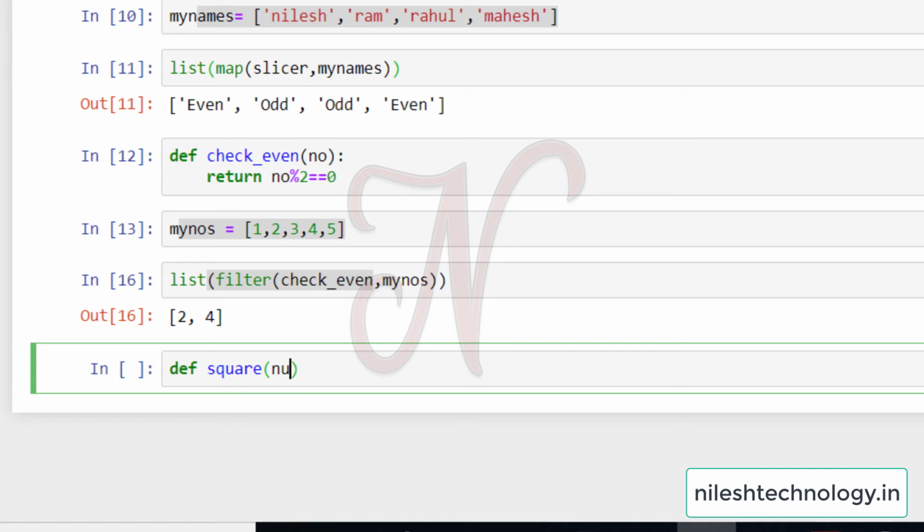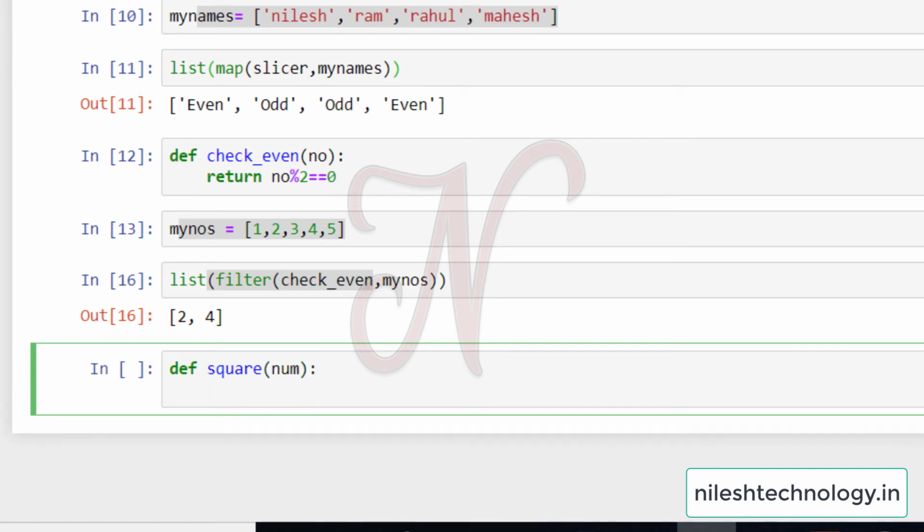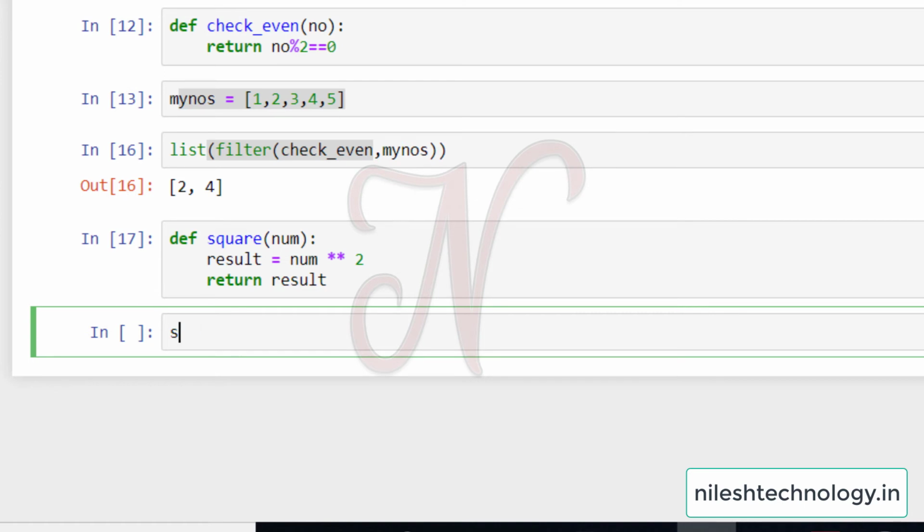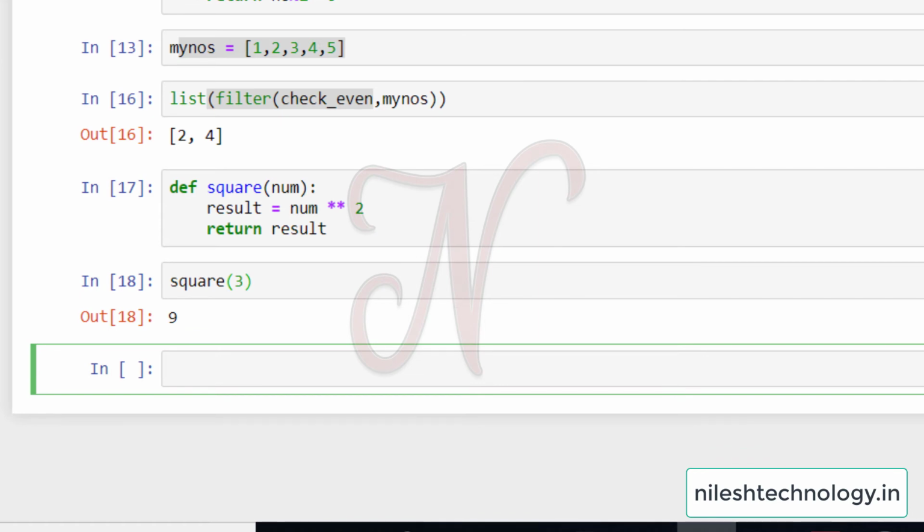Then my parameter is num, then result is equal to num double star 2. The use of double star is exponentiation, meaning the number to the power of 2. Then we return our result variable. After running this code, we call this function and pass one parameter. So the square of 3 is 9.